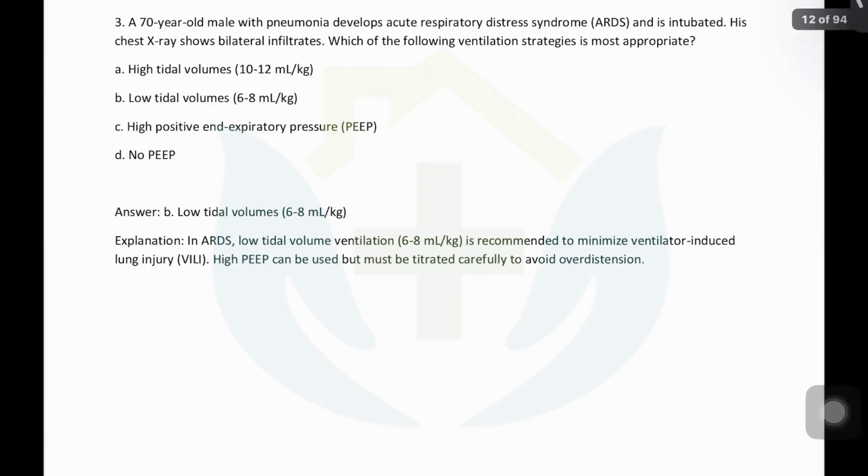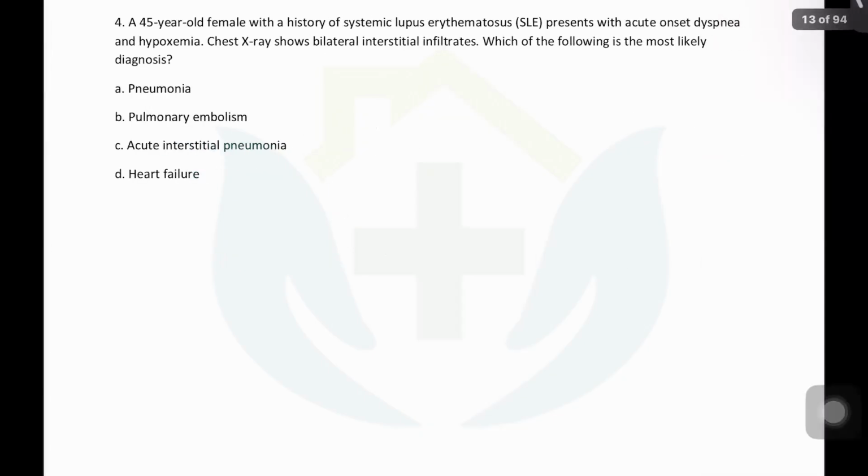We will just decrease the amount, that is 6 to 8 ml per kg body weight, and we will ventilate it with lesser volume so that we avoid over distension of the healthy lung. We avoid volume trauma to the healthy lung, whatever is surviving. We avoid barotrauma also to the healthy lung. So we will use lesser tidal volume. We can use high PEEP available from the ARDS net chart, and we should be very, very careful in avoiding any type of ventilator associated trauma to the lungs.